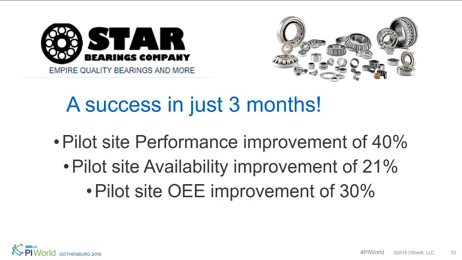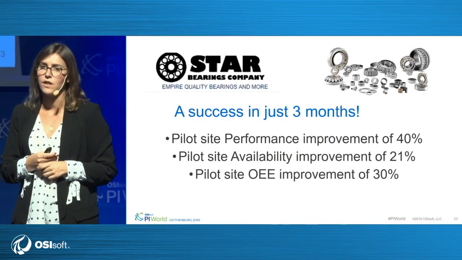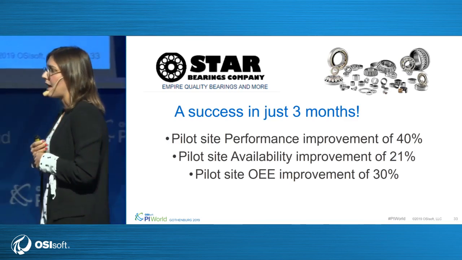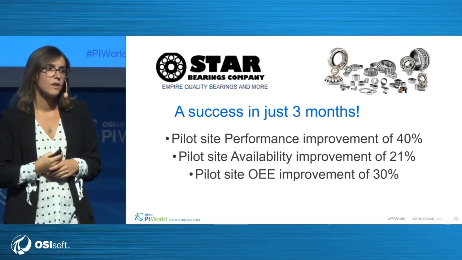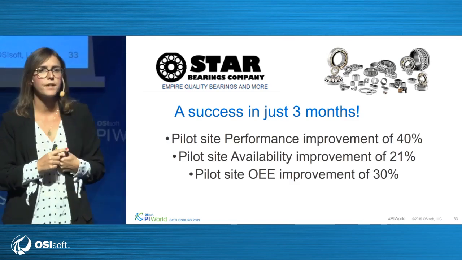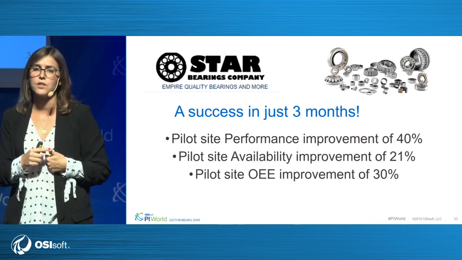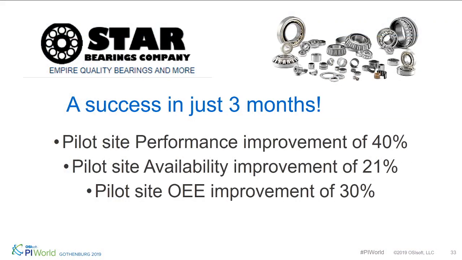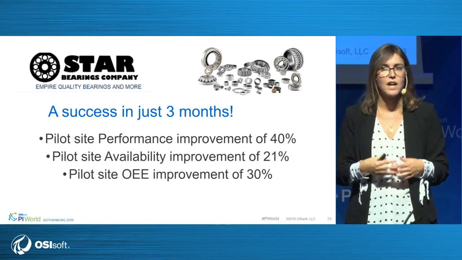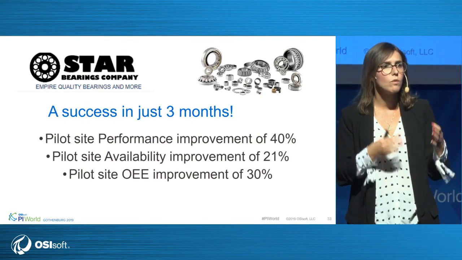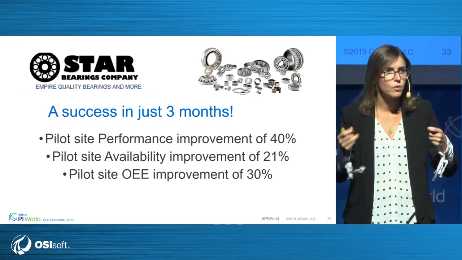So, having said that, by just having visibility across their plants, we could have results in just 3 months. First of all, we understood better what was occurring in the plant, what was occurring in the organization, and in just 3 months, they were able to improve performance 40% on those equipments. They were also able to increase availability by 21%, and at the end, they had an OEE improvement of about 30%. And this was just done by understanding better, having visibility on their processes, and knowing where they have to act when a lower of these capabilities was